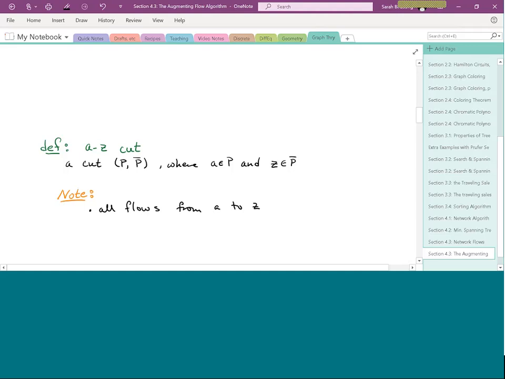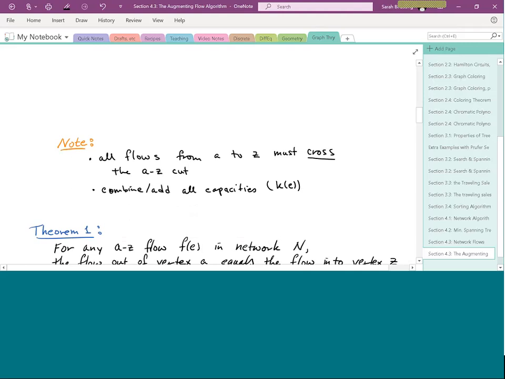Any AZ flow must cross the AZ cut. In other words, it has to travel across those edges in the AZ cut. So that's the first thing. The second thing is, if we combined, or in reality add, all the capacities, and remember in terms of flows, this is using those weights. So in this connotation, we typically use the buzzword capacity as opposed to weight. That's just the numbers associated to each of the edges. If we add all those together, not across the entire network, but just in your AZ cut,